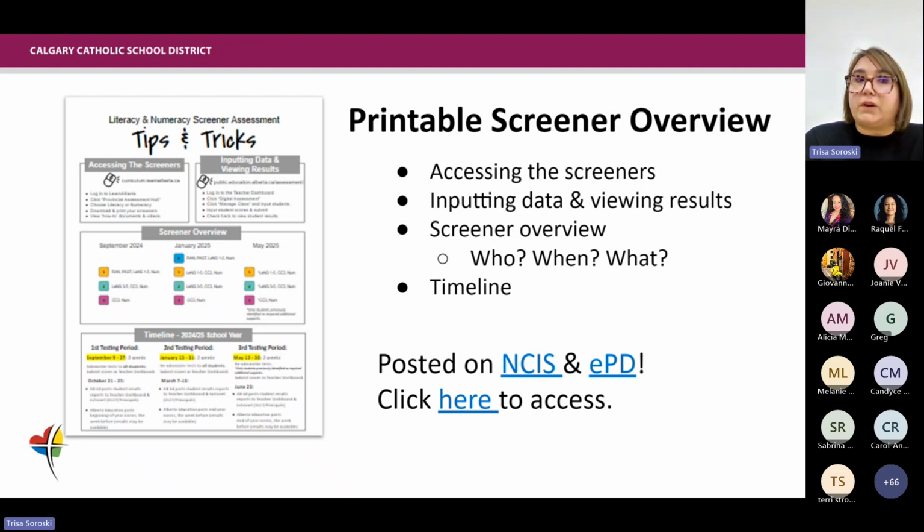The screener overview: those of you who attended our session two weeks ago here at St. Leo, we handed out the tips and tricks sheet. Most of you have this already, but you can get another printable version of it if you need to print another one. Not only does this give us the timelines and the websites and everything in one document, it also has the exemption information within this document, and work with your DLCT on exemptions because they've just gone through that process as well.